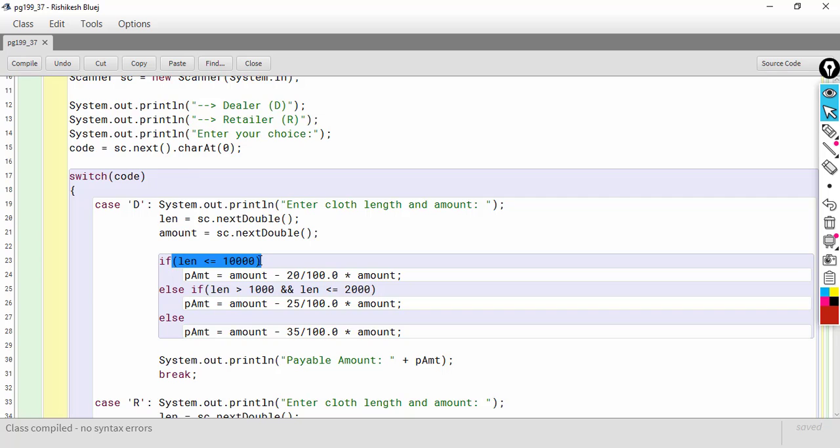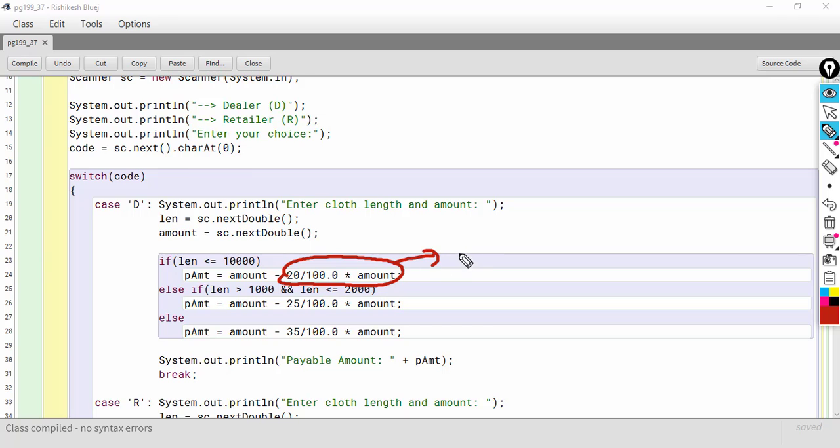If it is less than equal to 1000, then the payable amount will be what? It will be amount. So total amount is stored in amount. So from that amount I will subtract 20% of amount. Okay, so this is the discount. This expression represents the discount.